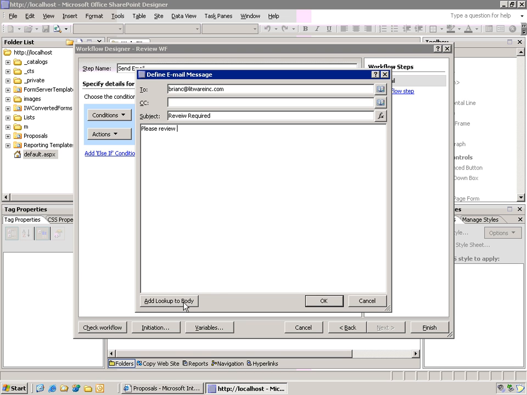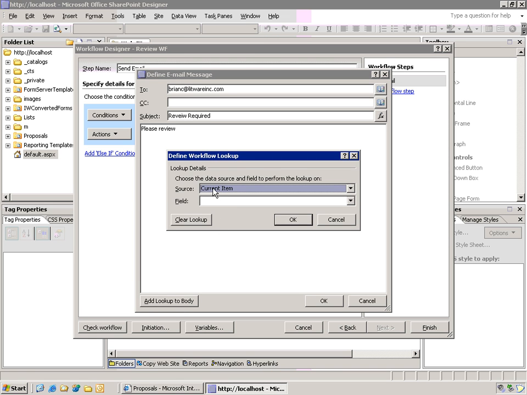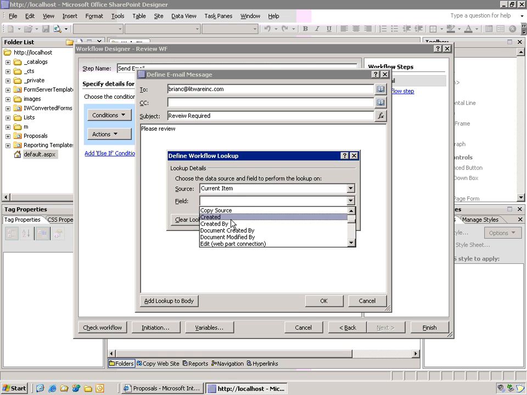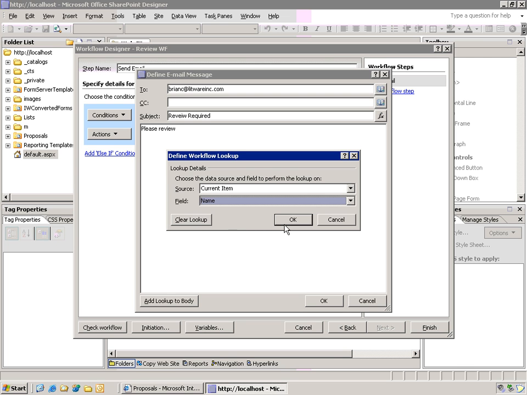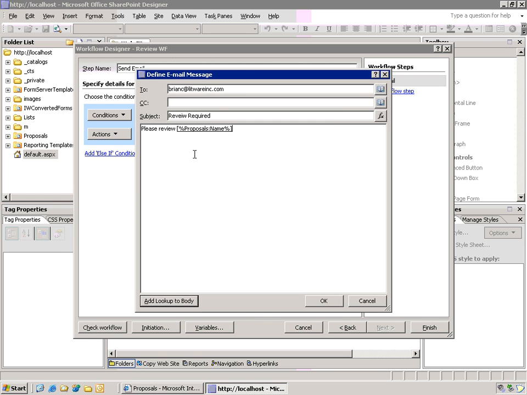to body. And so what we'll do is we'll come down here and say under the current item, I'm going to go down there and find the name of that particular file that the workflow is being run on. So I'm just going to pick the name field inside here. Notice that when I choose OK, it puts back the syntax it requires to take one of those variables and parse it into the text. And then we'll say in the proposals